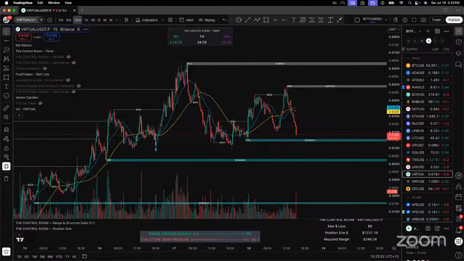I added a little bit too much. I might move my stop loss a little bit down because that vector, my stop loss is sitting in that wick, 6102. Now it could just dump straight through.